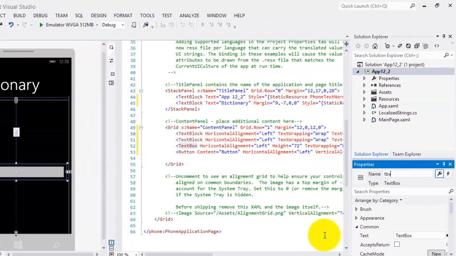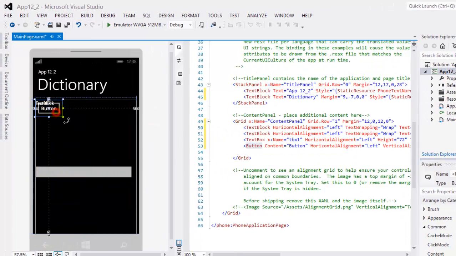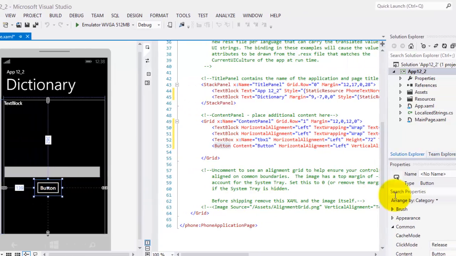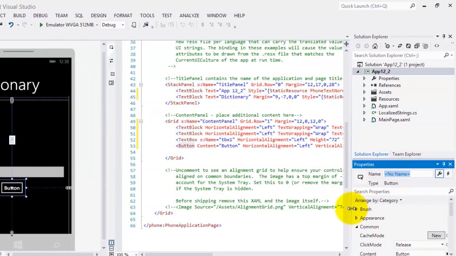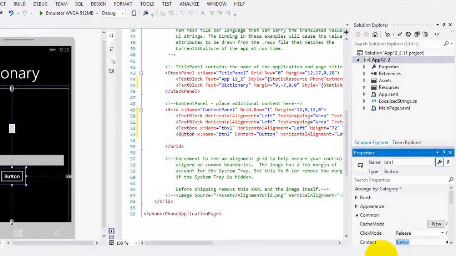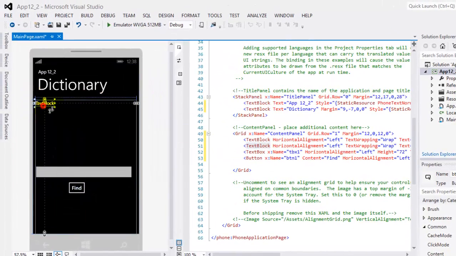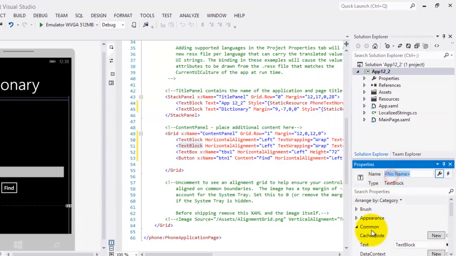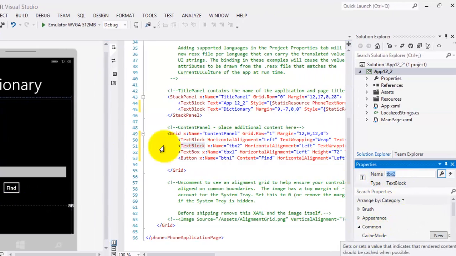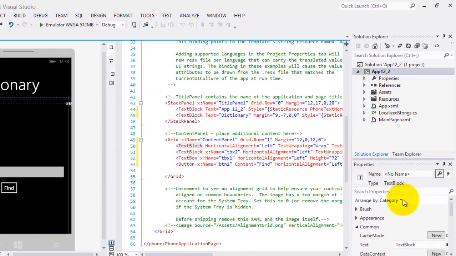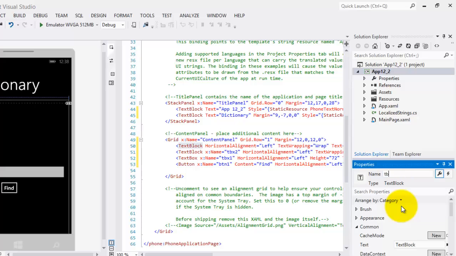We'll name it tbx1, and we will delete its text. Here's our button. We'll name it button1, and find, yeah. And one of the text blocks we're going to put below, and we're going to name it tbx2, and this is our first text block. We'll name it tbk1,